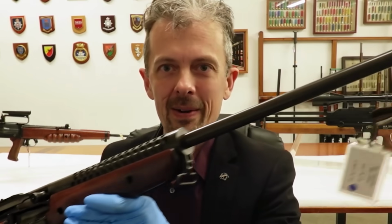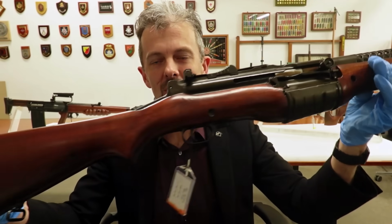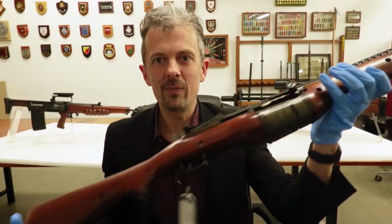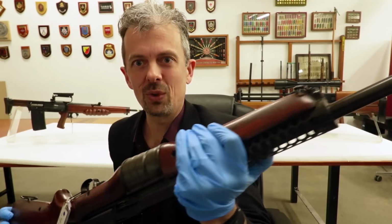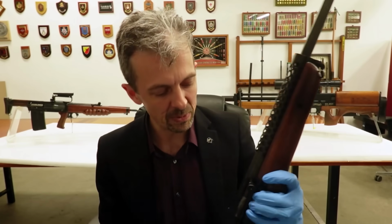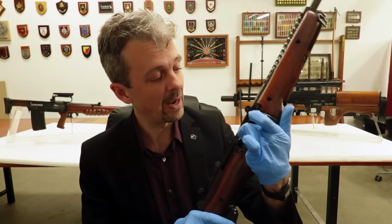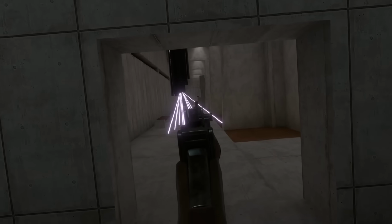Here is one of our Johnson model 1941 rifles. Sort of a rival to the M1 Garand, and sort of failed, except that the US Marines did have some. So it did see some use. Very intriguing magazine feed, as you can see, very well represented there in the game, with a sort of wraparound